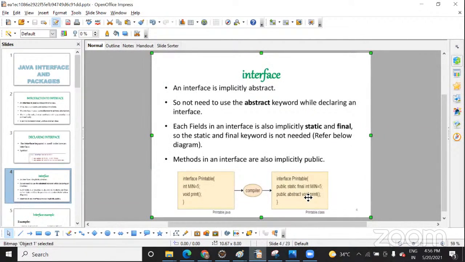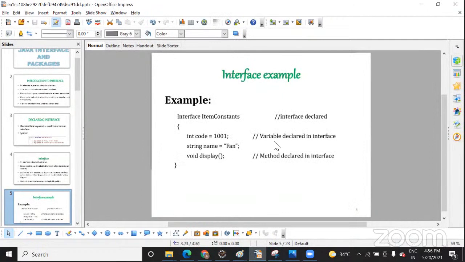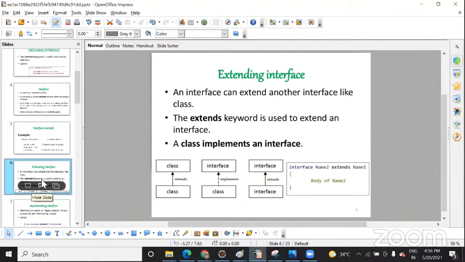A method inside the interface is public, so that whichever class is implementing it can provide a body to it. Only the classes that depend on this interface will implement it. Suppose I declare this RBI interface, then only several banks can use it; for online shopping there is no use of this. So this is the interface. You declare the variable and the method here, but you do not provide a body. The body will be provided inside the child class.